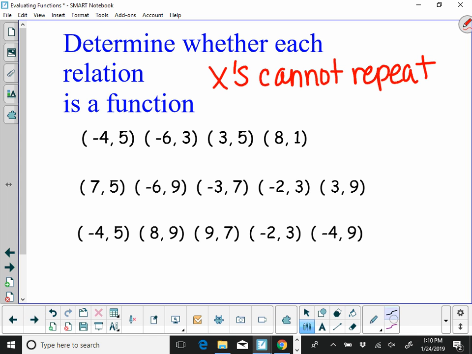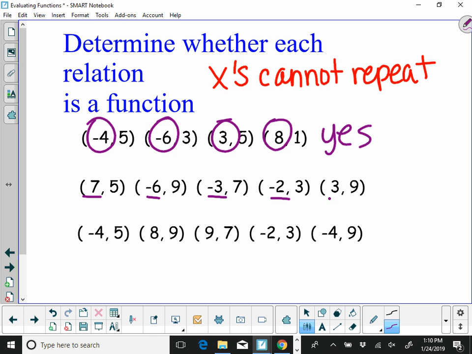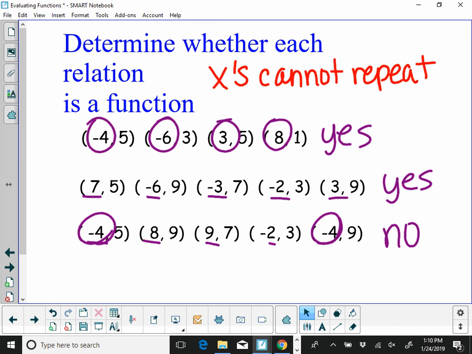So all we care about here are our x's. As long as all of those are different, is it a function? Yes. But the minute any of those repeat, what do you think on that one? Yep. But the minute any of them repeat, the answer is no. Okay? Alright, so x's cannot repeat. That's your